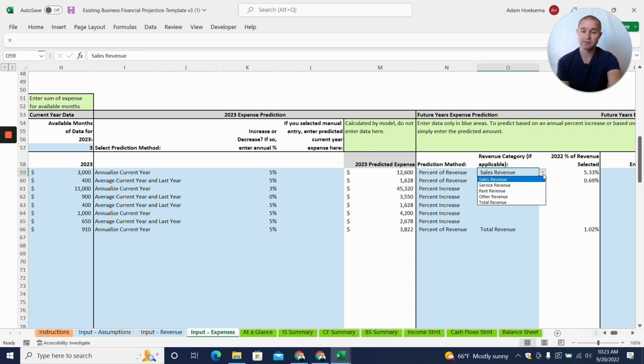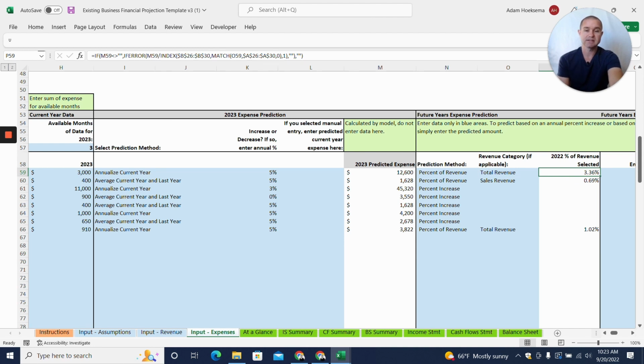And you can pick which revenue line item. So you could pick total revenue, or you could pick a certain segment of revenue. So maybe it's only this line item of revenue is the only one that you allow credit card purchases for. So you could pick just that line item. But if we said, okay, it's going to be a percentage of total revenue, and then what this does, it